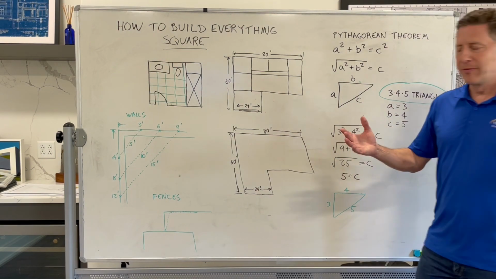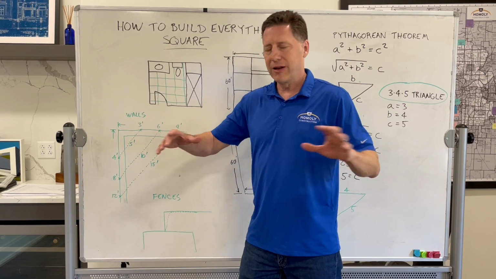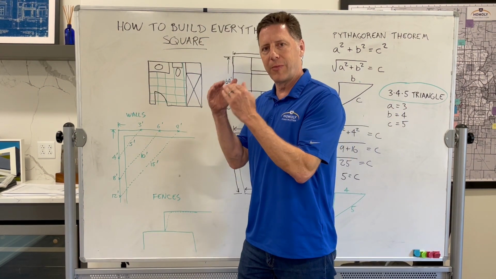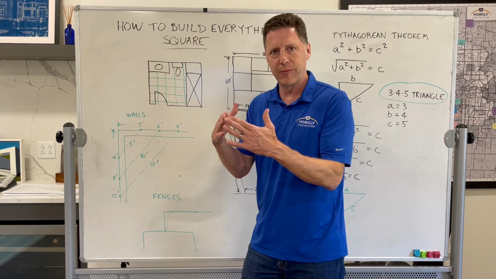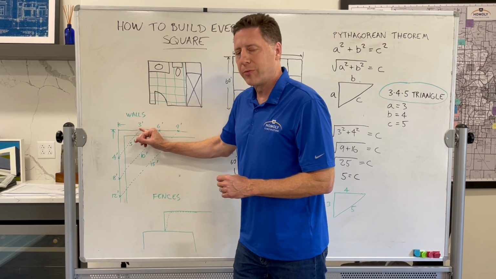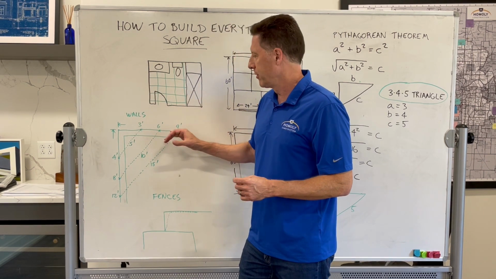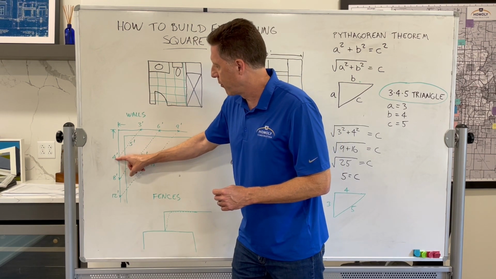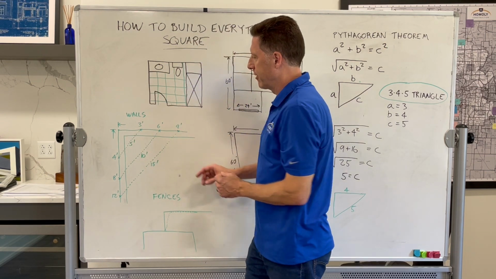Now, how do you use that? Say you're down in the foundation, the hole's been excavated, you're just in dirt everywhere, and this is a top-down view of the foundation walls where we're trying to get your basement square. You measure this distance 80 feet, this distance 60 feet, everything seems fine, but you don't know about the angle. So what you do is you come over multiples of 3. You can come over 3 feet, 6 feet, 9 feet, just any multiple. For this case, let's pick 9 feet, right? And then here you do a multiple of 4. So 4, 8, 12. So you measure down 12 feet here, over 9 feet here,